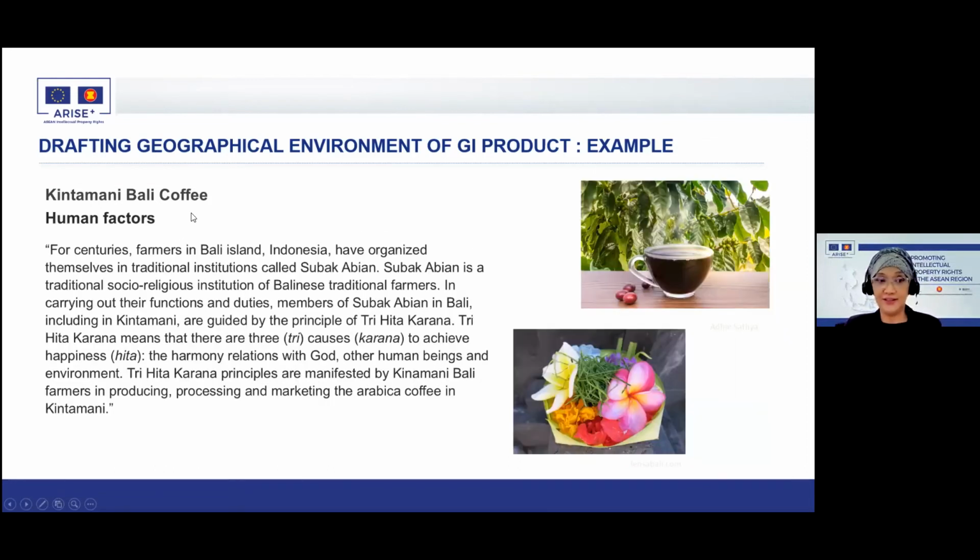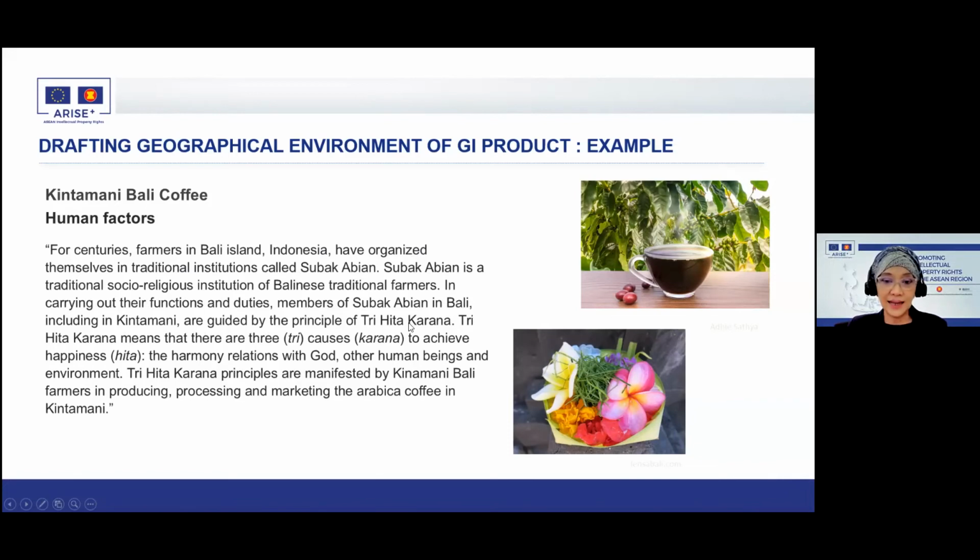Human factors. Still Kintamani Bali coffee. For centuries, farmers in Bali Island, Indonesia, have organized themselves in traditional institutions called Subak Abyan. Subak Abyan is a traditional socio-religious institution of Balinese traditional farmers. In carrying out their functions and duties, members of Subak Abyan in Bali, including in Kintamani, are guided by the